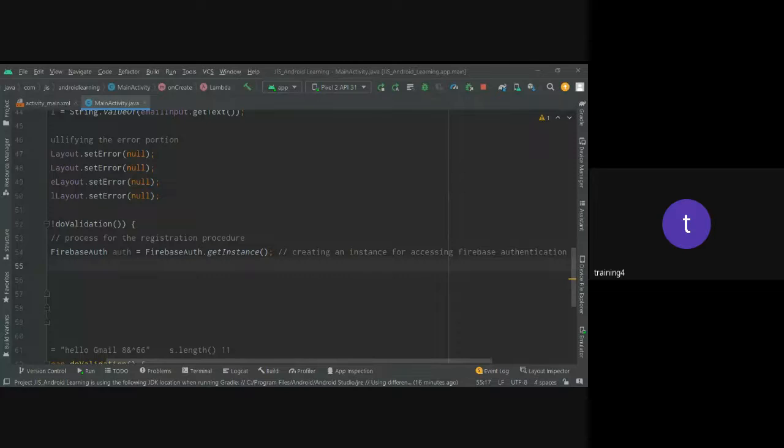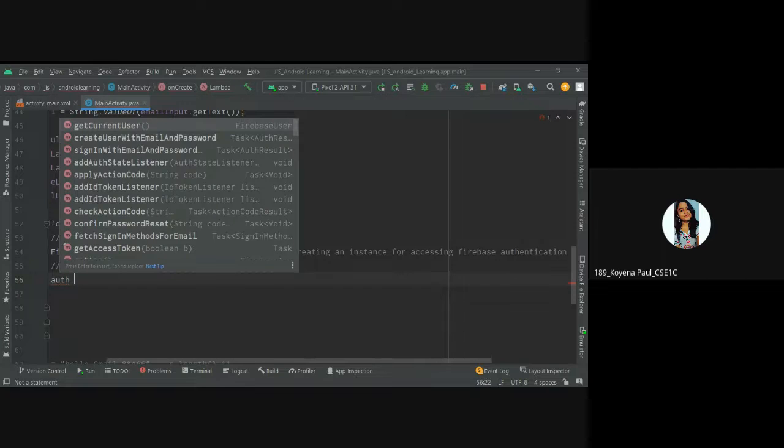Using this authentication, creating a new user account in authentication via authenticating. So for that, auth dot,